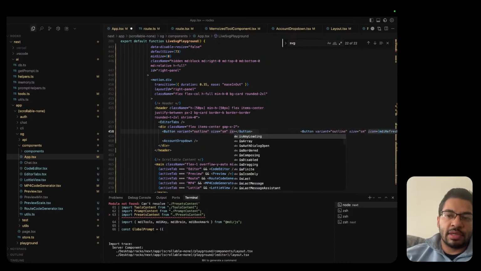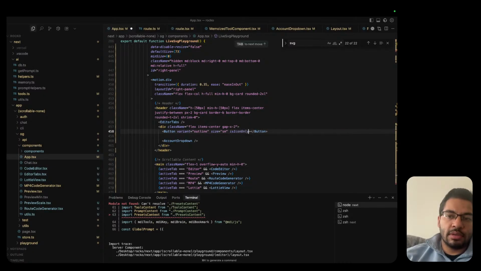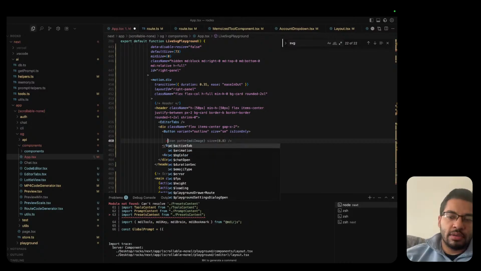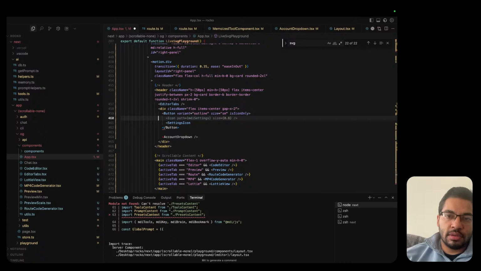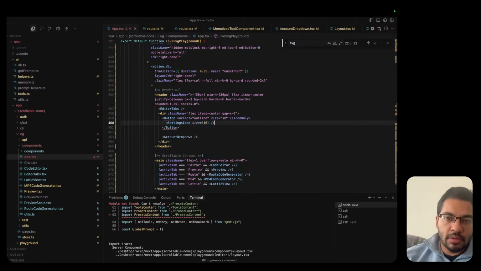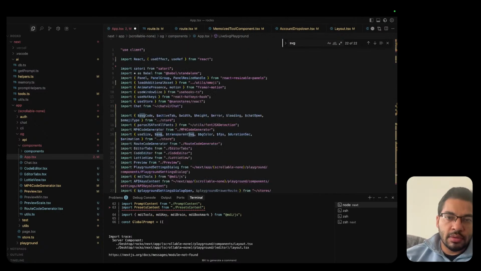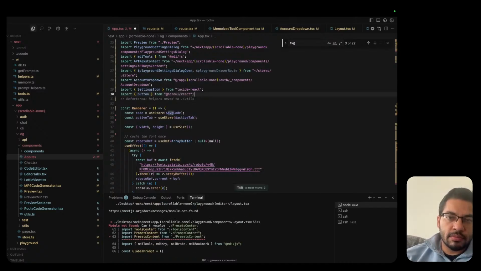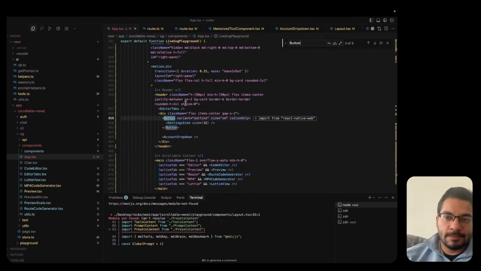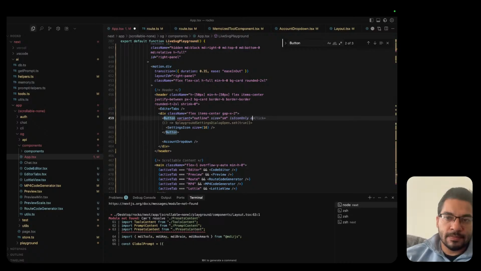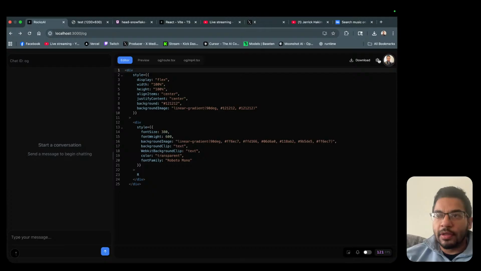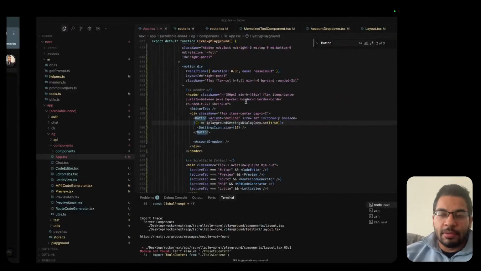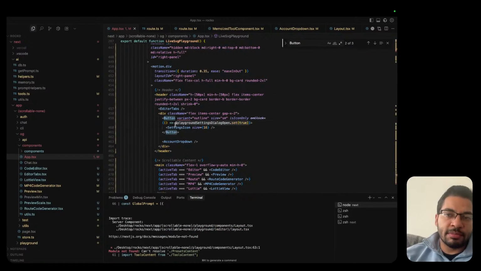It's going to be icon only. Here's our settings. But when I do that, I need to make sure the route